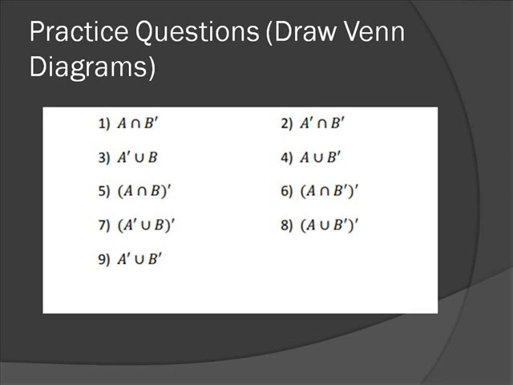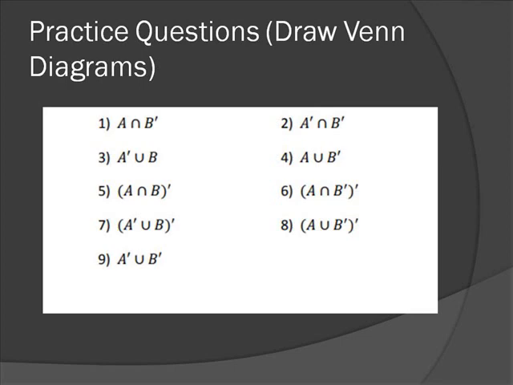For example, talking about the first question, you have A intersection B complement. So you will just divide your questions in 2 steps. First you will draw the Venn diagrams of A and B complement, and then in the second step you will find a common shaded part between the 2 diagrams. That will be your answer. In the second question you have A complement intersection B complement, the same question, just divided in 2 steps. In the first step, draw a Venn diagram of A complement and B complement and then find the common part.